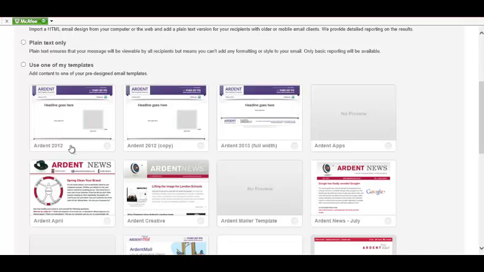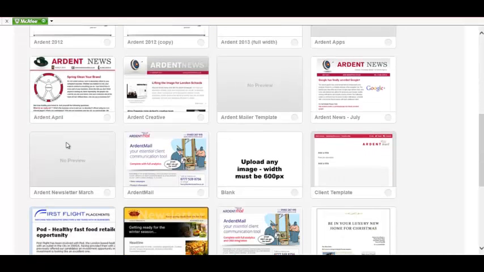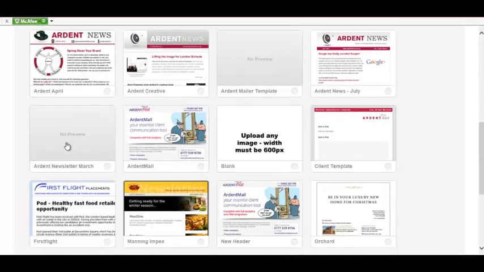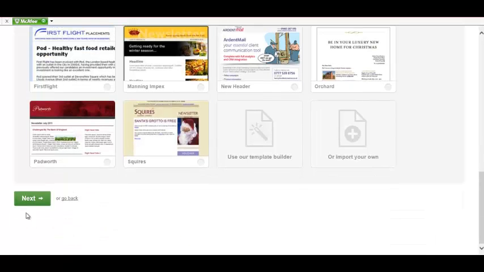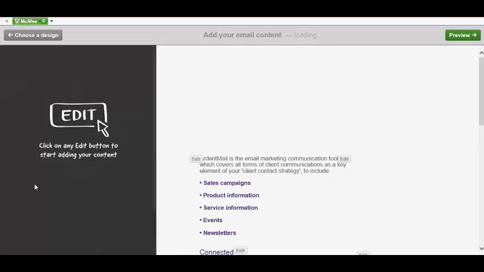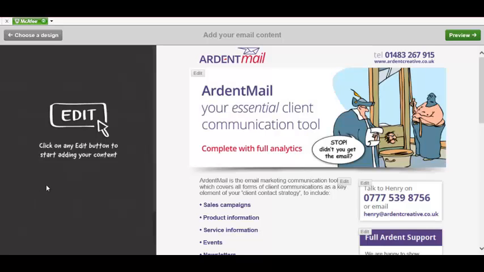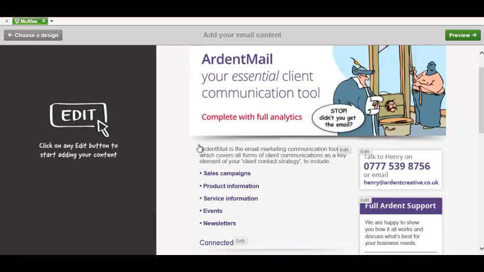Okay, so this is where all your templates will sit, and we're going to pick this one here. Then once you've picked it, you go to next, and in this area, this is where you can edit it as you wish to. We're not going to change much of this because we're happy how it is, but we're going to